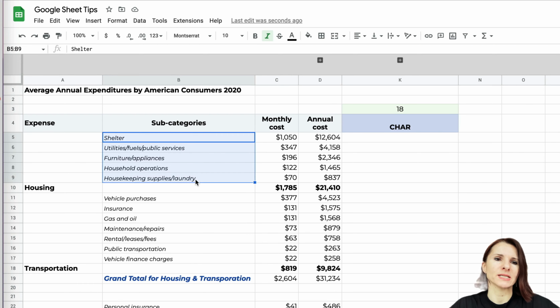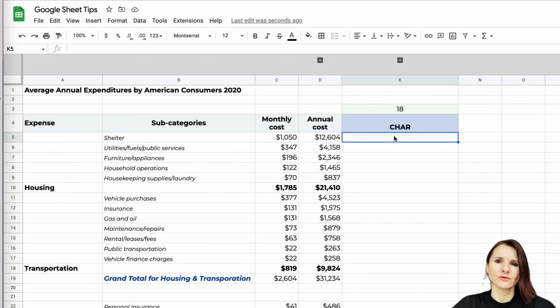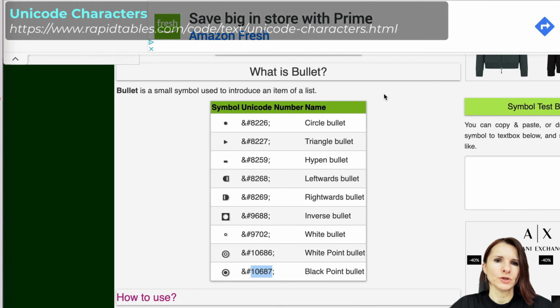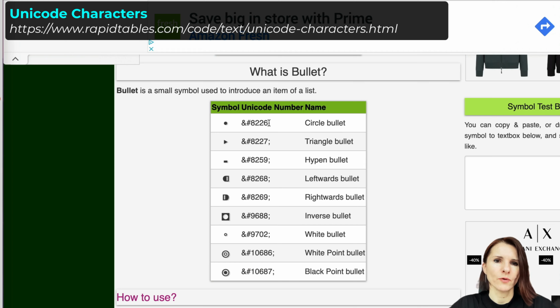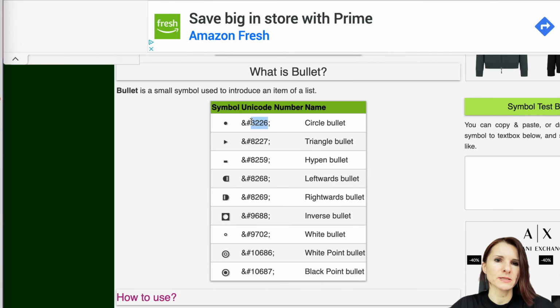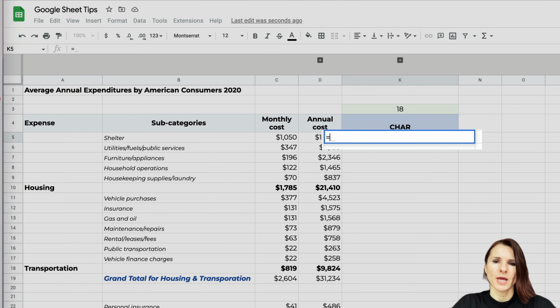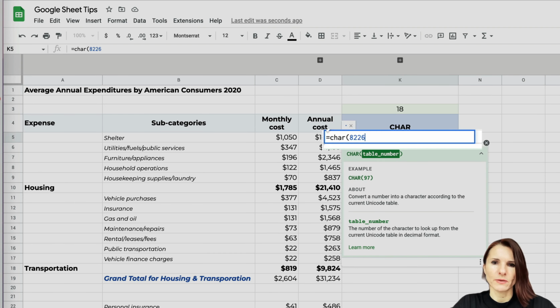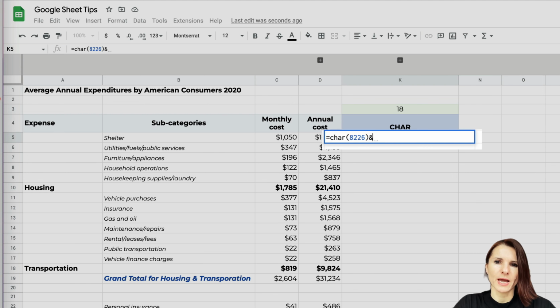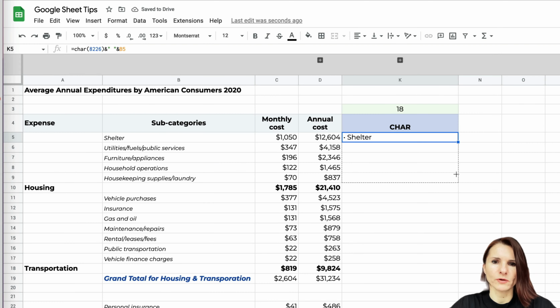Sometimes if you want to have it listed next to a list of categories or something, one way to do it is you can find the characters that you can use in your Google Sheets by just Googling Unicode characters. And here I have one for bullet point. It's A226. So if I'm going to copy that, if I go to my Google Sheet, say equal, and I'm going to say character, put in the number there, and here I'm going to say ampersand and I'm going to maybe add some space, and I'm going to add the string or text, and now I can just copy it over and I have it nicely